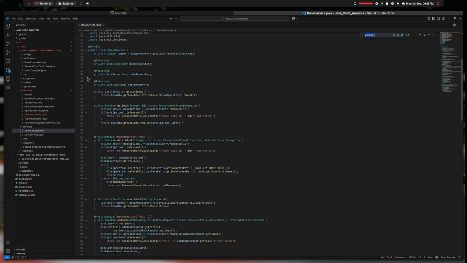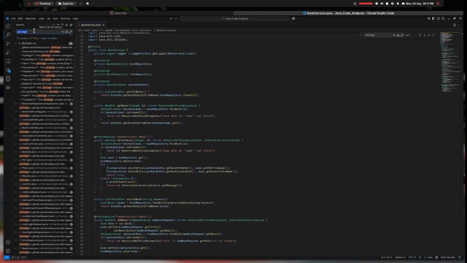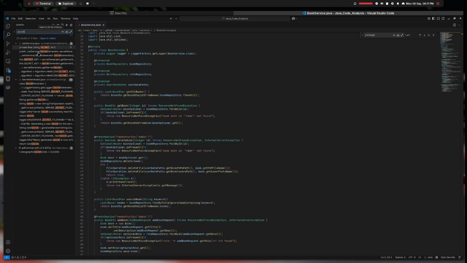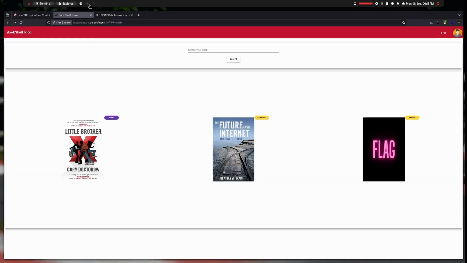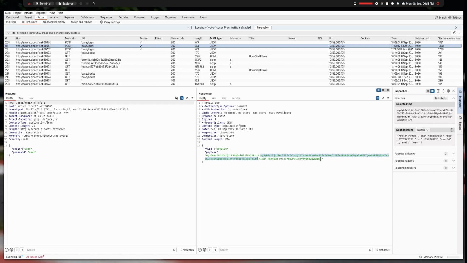You can, for example, click here or press Ctrl Shift F to find in files, and then search for secret. If we look at these results, we see there is this function called generate random string, but it's not so random, as it says here. It just returns 1, 2, 3, 4, and that's our JWT secret that's stored on the server. So now we can copy our JWT token